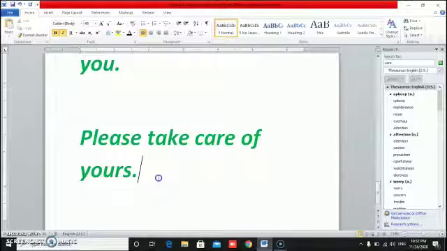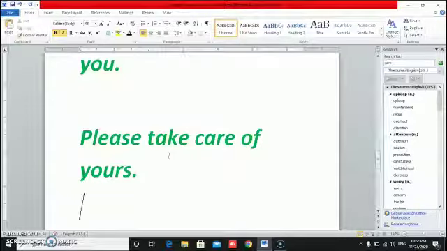Take care of yours. Sometimes it will show you a line, sometimes it will not show you any line. If there is a grammatical mistake, then it will show a green wavy line. Okay? It means you have done some grammatical mistake. So this is called how to check spelling and grammar.